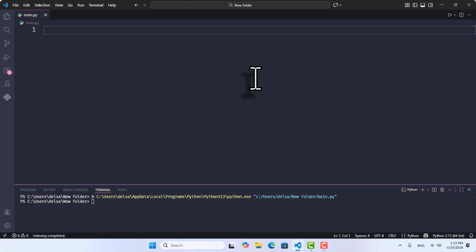Part 1. Understanding sum, your personal calculator. Whenever you need to add up a list of numbers, whether it's total sales, total scores, or even the calories you ate today, sum is your simple one-line solution. Example: